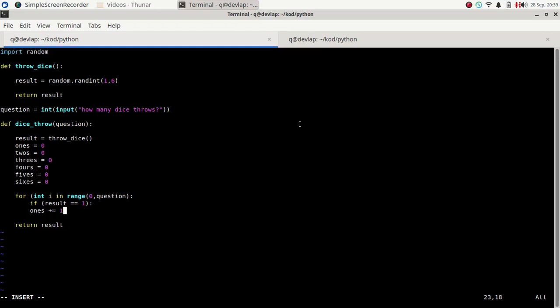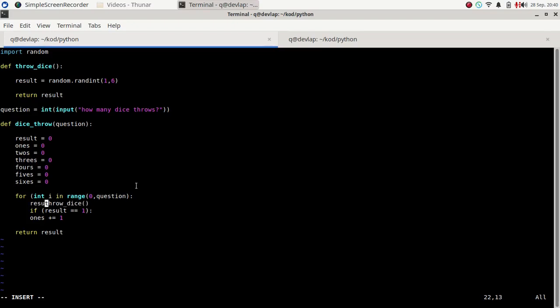Okay, so what we're doing is we run this function the amount of times that we're asking for in the question, that would be like 5 times, 10 times. So we will run it 10 times by using a for loop. And then we have to call the function. So we throw dice,